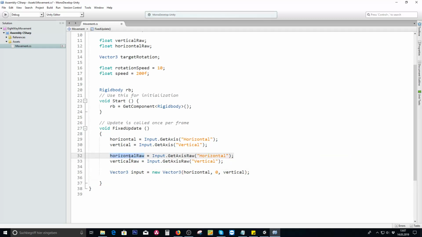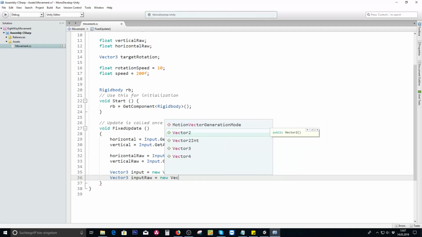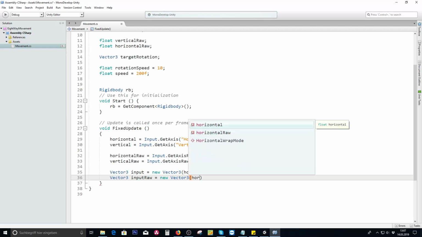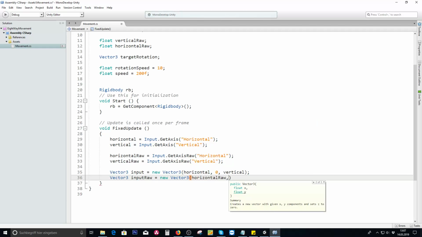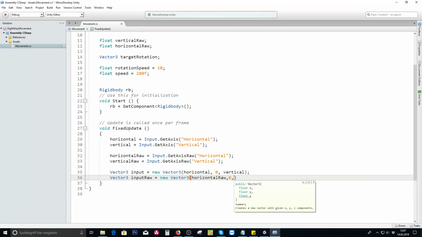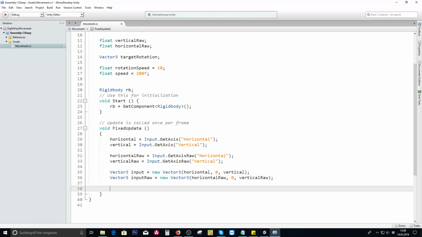Now we can also do the same with the raw input. So we say Vector3 inputRaw is equal to a new Vector3, and in this particular case we make use of horizontalRaw, comma 0, because once again, no lift up on the Y axis, and then verticalRaw. Okay, so what we now need to do is